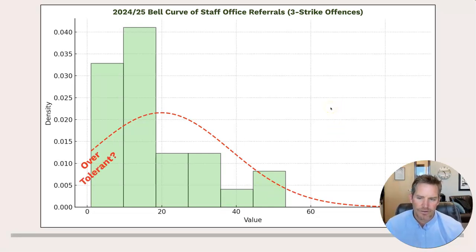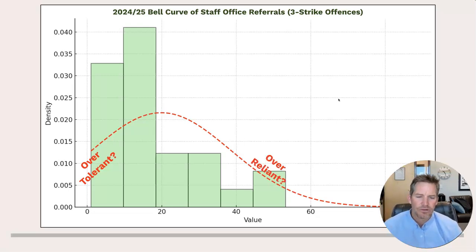And if you're over here in this range, let's say 0 to 5 office referrals per year, well, that means one of two things if you fall into that category. Either A, you are just a tenured, magnificent teacher who has such strong procedures and classroom management that you have no problems essentially in your classroom, and I hope that's the case. Or you might be being over tolerant of certain behaviors. Maybe you've got kids that are talking out a lot and you're just not sending them. You're just giving them warning after warning.